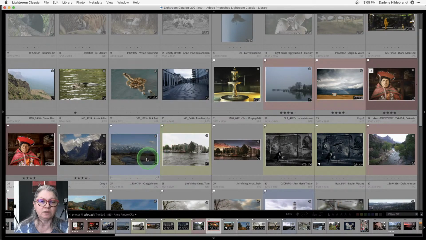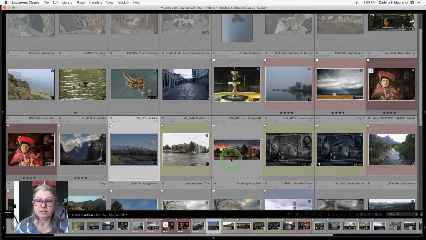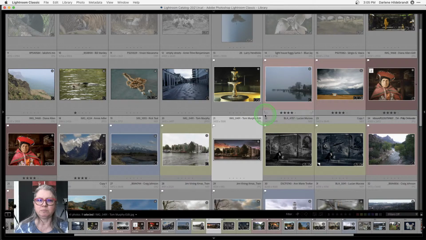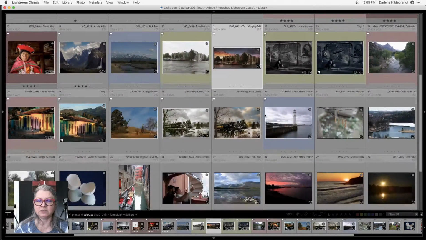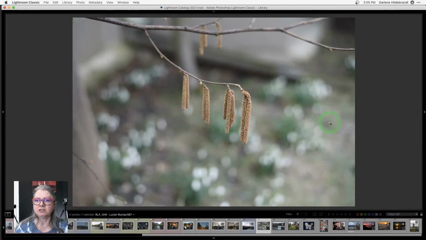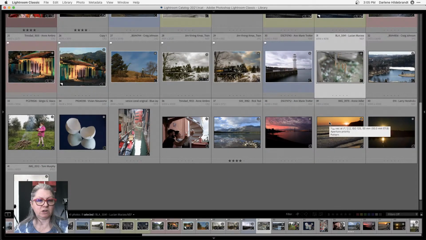I've got one from Rick that will be great. I played with this one in Luminar and I got something amazing in 2 clicks. You'll be blown away. I've got this one to show you how I corrected the buildings and so on. So I'm just giving you a little sneak preview of what I might be working on next week. I've got a lovely lighthouse image that we can play with. And something different from Lucien, another great image, great photography, something a bit more abstract. So I'd love to see some macro or some more people images. If you've got some people images, send those in, and I'll see what I can do with them.